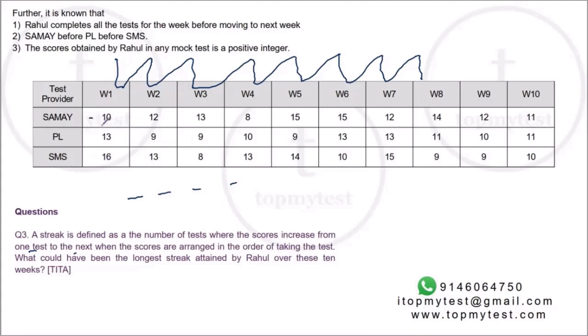Now this can be 100 to 109. This could be from 130 to 139. So definitely there can be an increase, and there can be an increase. But from a score which is from 160 to 169 to a score which is 120 to 129, there cannot be an increase. So the streak stops here. So this streak is length 3: 10, 13, 16.